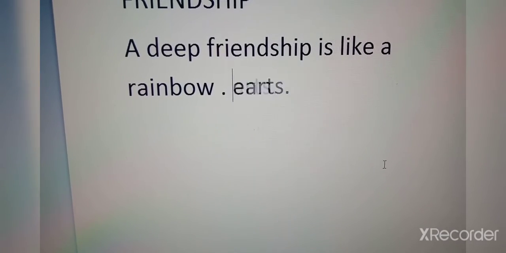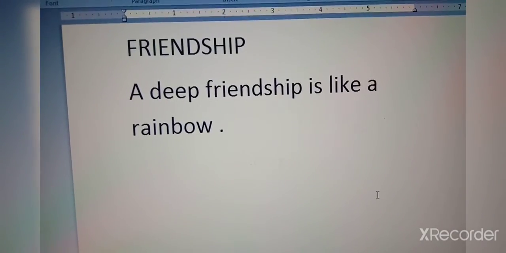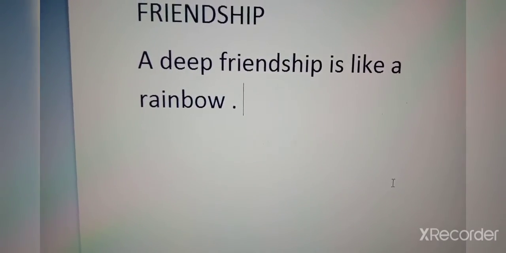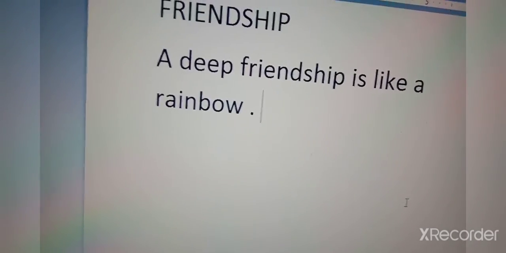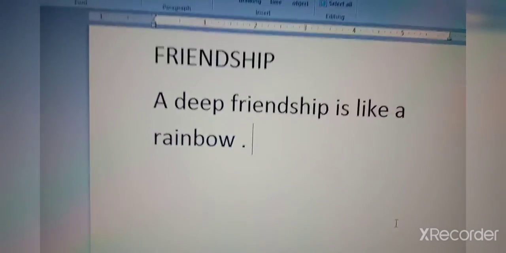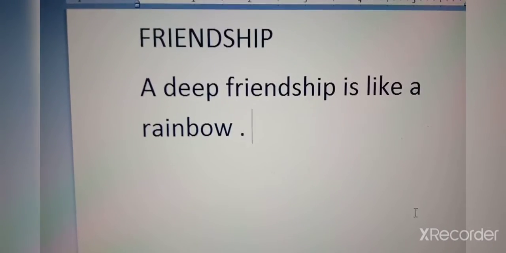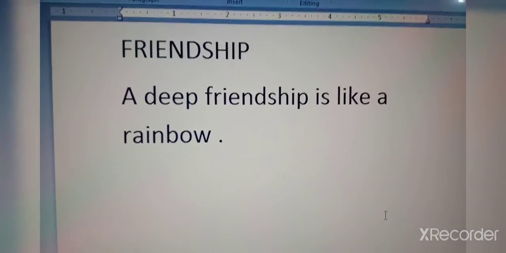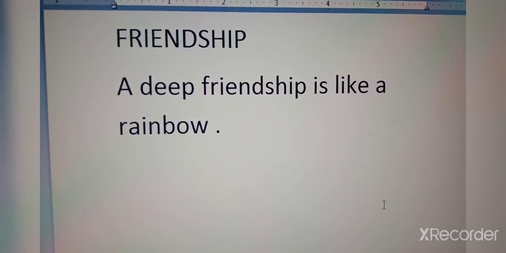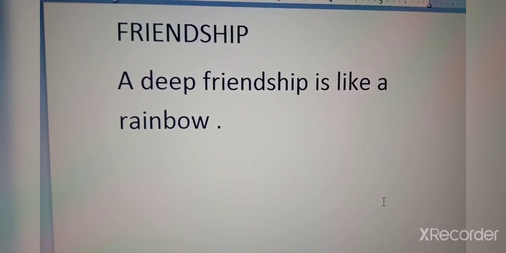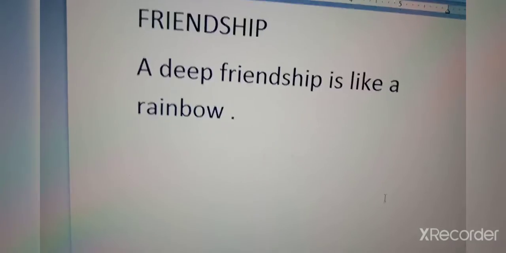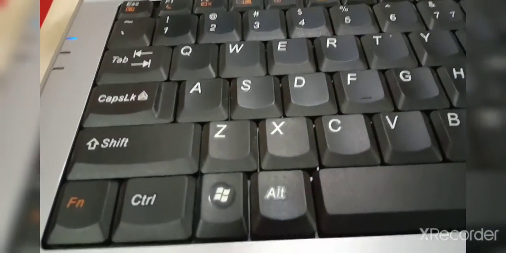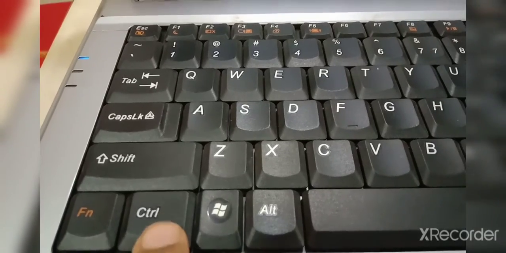Now I am using the delete key. See, I deleted the whole text. Now, to delete the whole paragraph or whole text or whole file, first press and hold the control key. Which key? Control key.